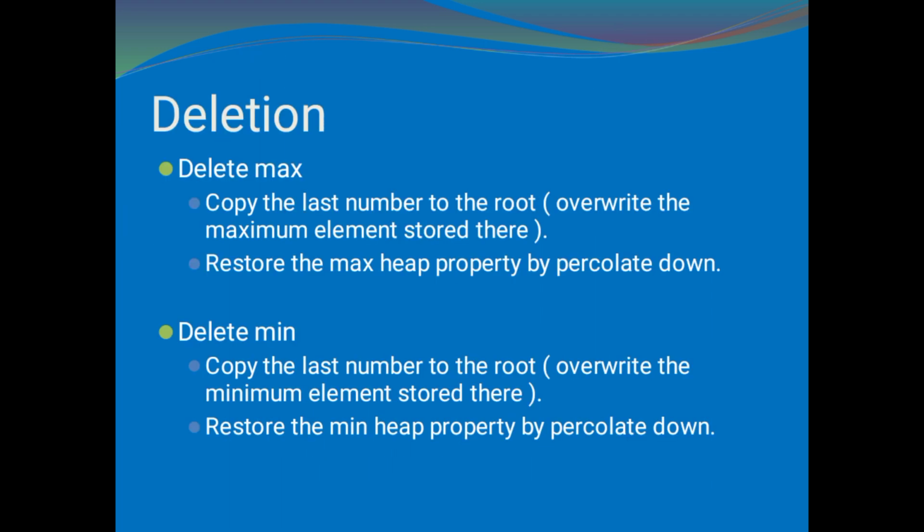Now coming to the deletion. If we want to delete any element from a max heap, then we swap the topmost element, that is the root position element, to the last position. That is, we perform a swap of first position and last position. Then my maximum element will come to the last position, and then I will delete the last position element. That is, my maximum element will be deleted. You should remember this procedure clearly, because this will be useful in your heap sort algorithm.